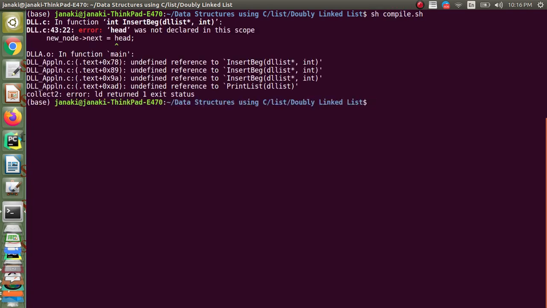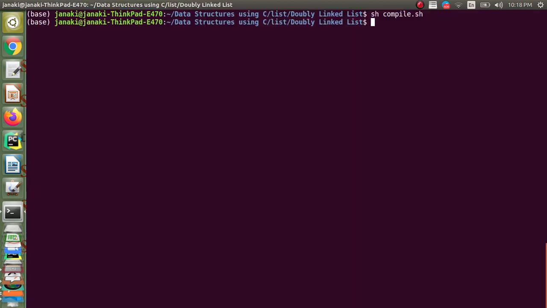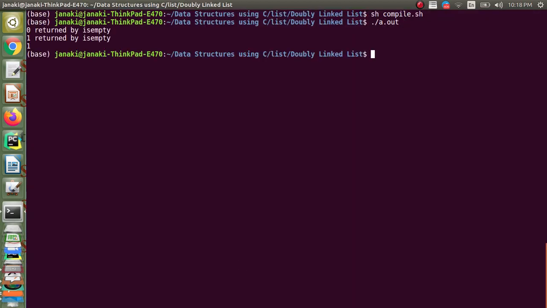So let's compile and check it again. Head, that is line number 43. Let us check it. Yeah, here also I should say L head, right? Let's check it. Yes, one more change required is in line number 45. We have to say L arrow and then head. It was just head previous. We have to say L arrow head previous. Now let us compile the code and check. It's fine. Let us execute.